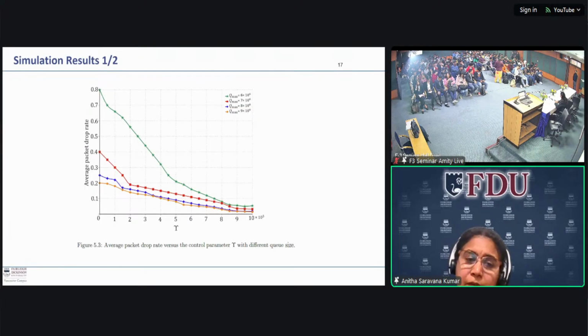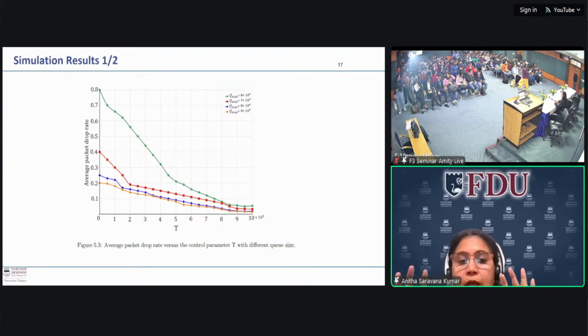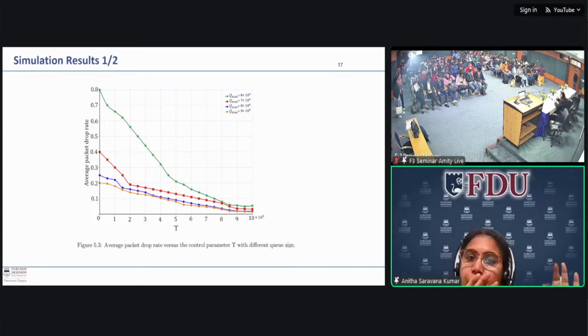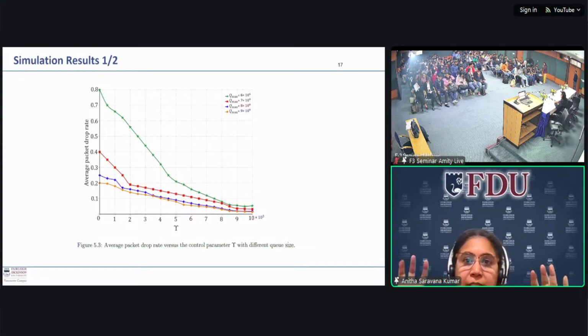We can see our results are promising with respect to the impact of the epsilon. As we tune the epsilon, there is a trade-off between the packet drop and the computation rate. We can see the packet drop decreases with the proposed AFDRL method with fine-tuning of the